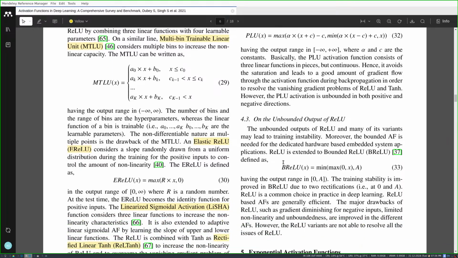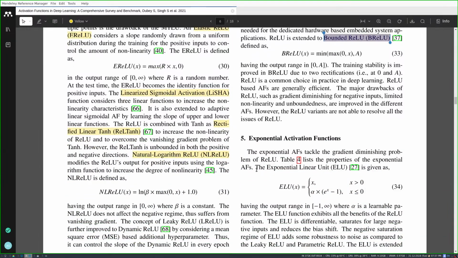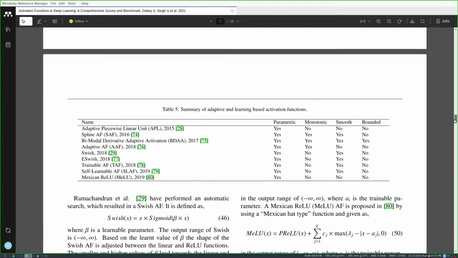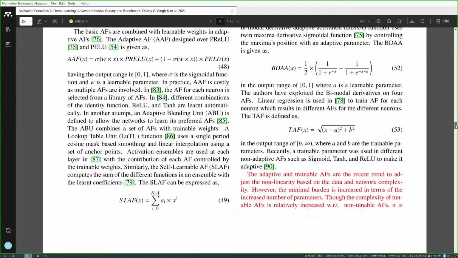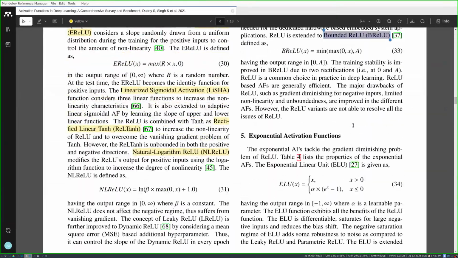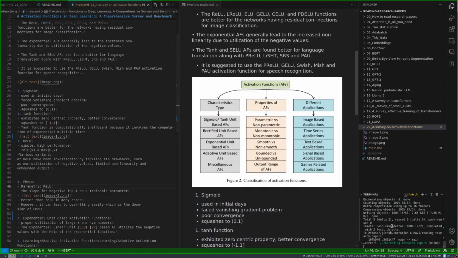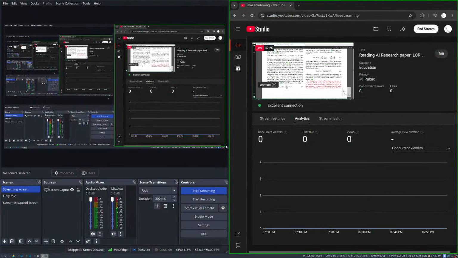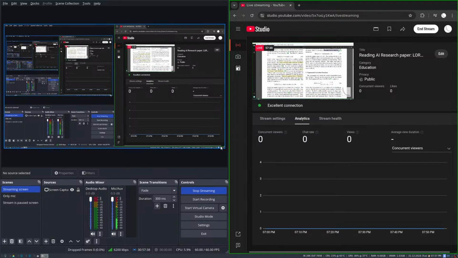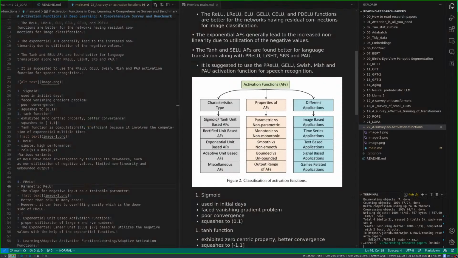And the unbounded input ReLU. Bounded ReLU. Okay. Hmm. I think I'm going to end this here because it's already 8, right? Yeah, I would have loved to read a bit more, but I shouldn't. So I think that will be for today. Thank you for watching. Yeah, I've been streaming for almost an hour. Huh? I mean, should I finish this section?